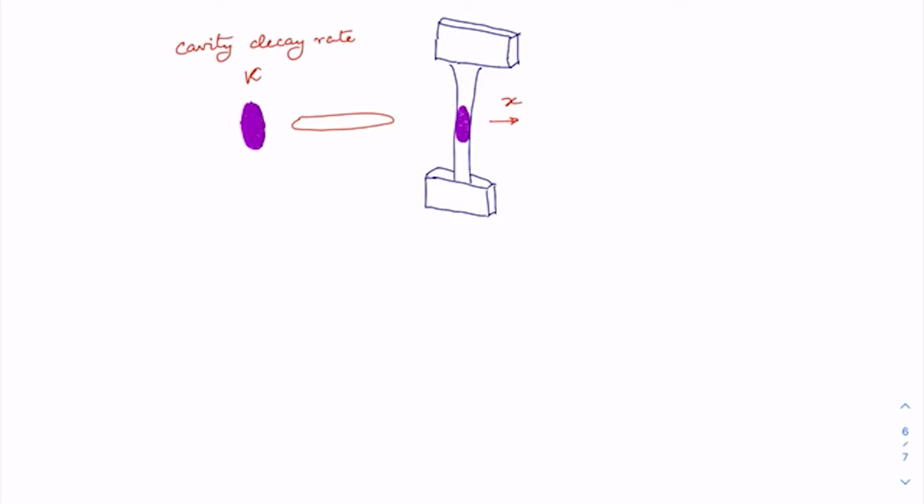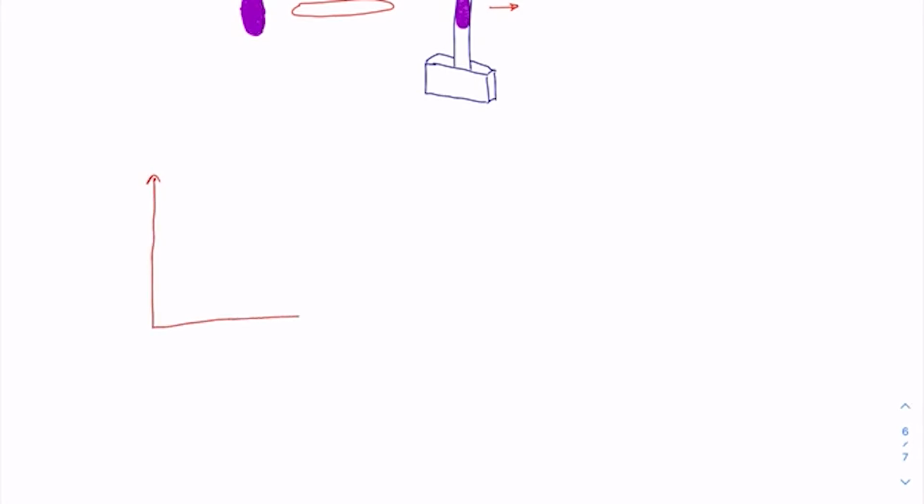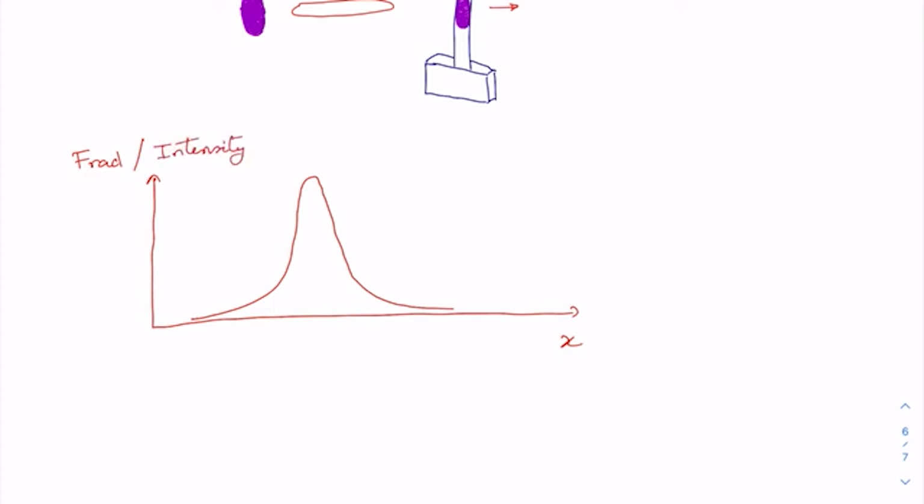Let us consider the radiation pressure force against position plot again to understand this a little bit more clearly. So we have this usual plot, radiation pressure versus position, and we already know how the radiation pressure will vary like this. We'll consider only one of the peaks. By the way, the same kind of plot we are going to get for the circulating intensity inside the cavity as well. Now suppose the mirror is starting at some location, let me denote it by A,